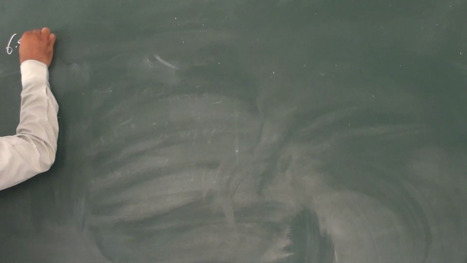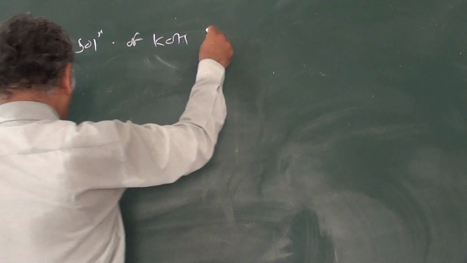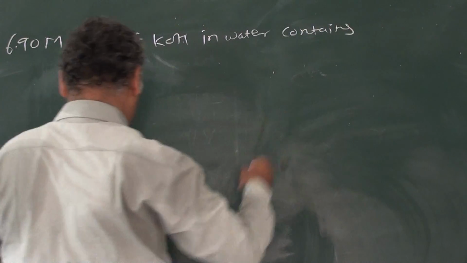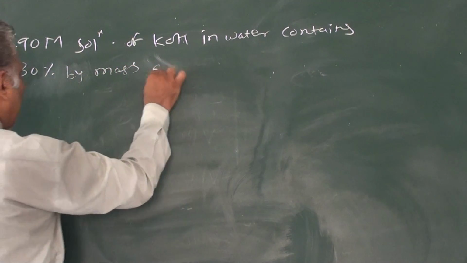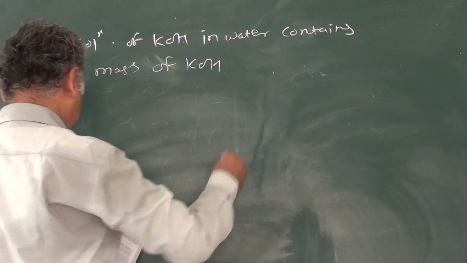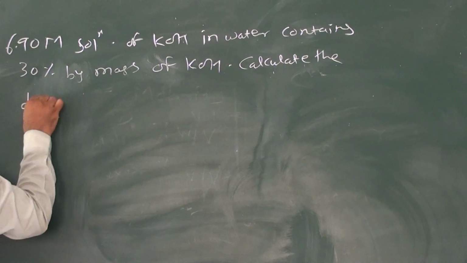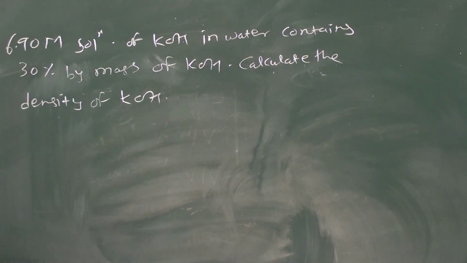I am having one of the units, give it to me, that is, let's have it as a 6.90 molar solution of KOH in water contains 30% by mass of KOH. Calculate the density of KOH. Now,